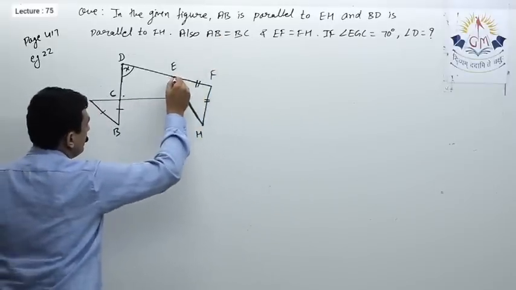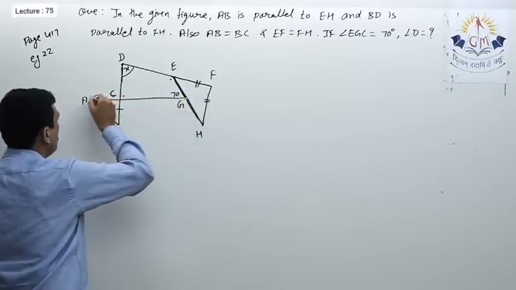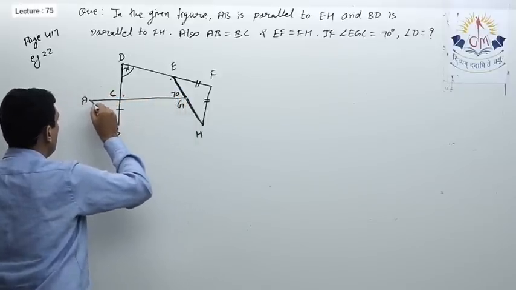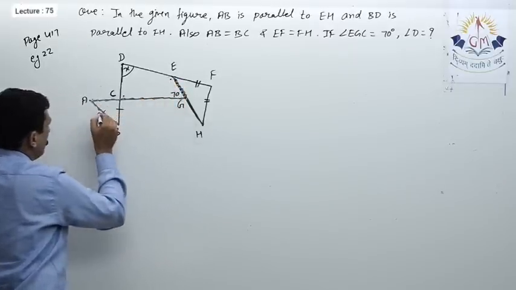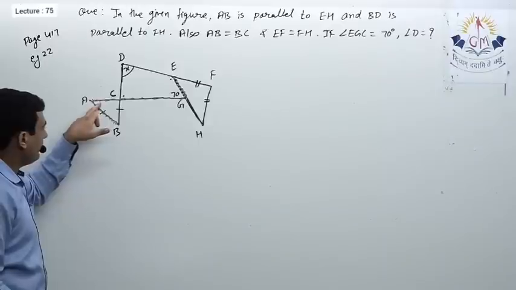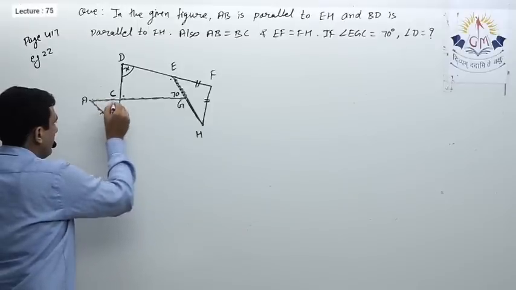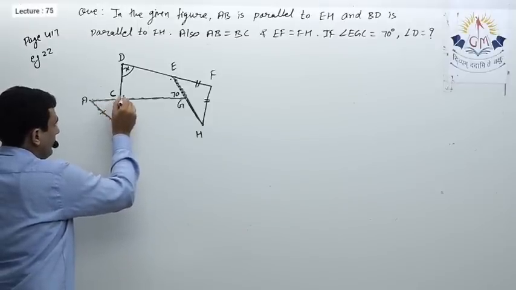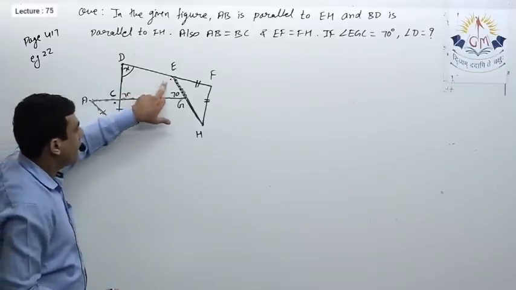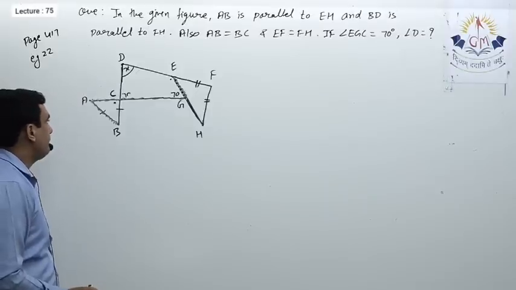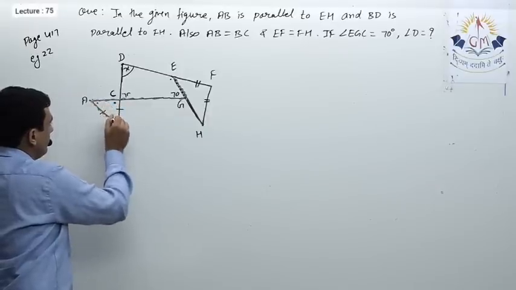So first of all, it is given AB is parallel to EH. See, this AB is parallel to EH. So I can say this EG is parallel to this. Okay, just look at this figure. So you will get a relation between this angle and this angle. This is 70, so this will be 70. Now in a triangle, if two sides are equal, opposite angles are equal. So as this is 70, this will be 70. Now by vertically opposite angles, I will say this angle is also 70 degrees. So now I will try to get the measure of this angle. This is 70 and this is also 70, so this will be 40.